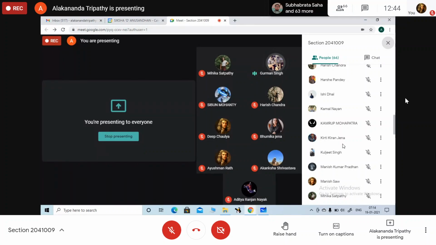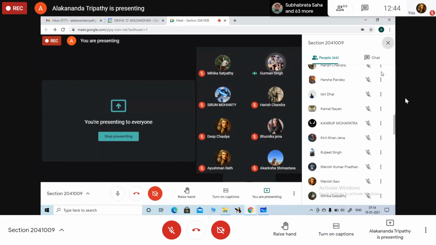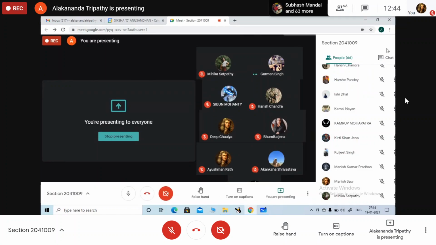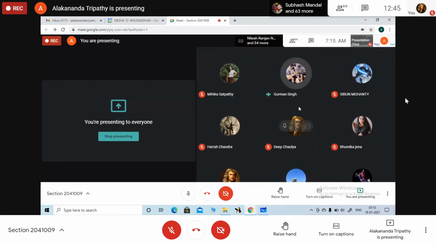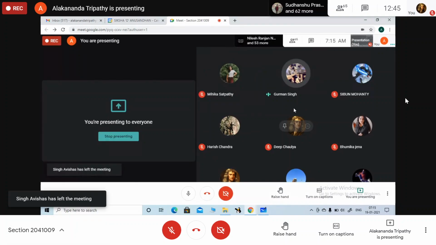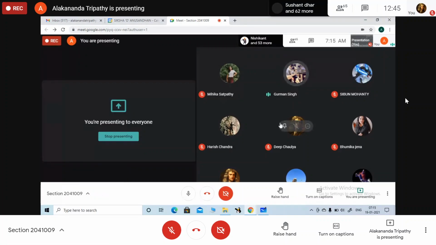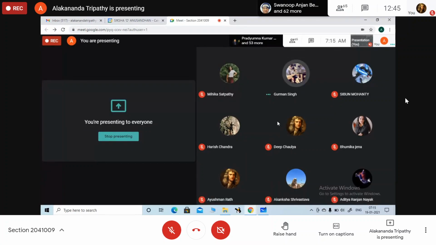Ma'am, one doubt. Yes, what's your doubt? Ma'am, if we use only the if-else without using the switch case, then it will be a shorter one. I mean, it's going a bit lengthy. We need to check only 5 to 6 conditions, but now here we need to write around 10 to 11 cases.